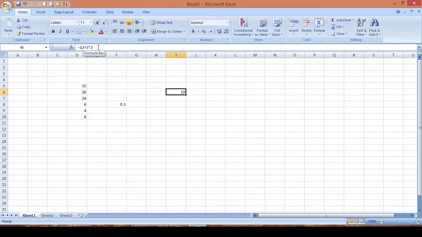That means the multiplication operator has a higher precedence than plus and minus. But if you want 12 plus 3 to be calculated first, you have to use a round bracket. That means enclose 12 plus 3 in round brackets, and then multiply by 2. Now when you press the enter key, you will get the result 30.